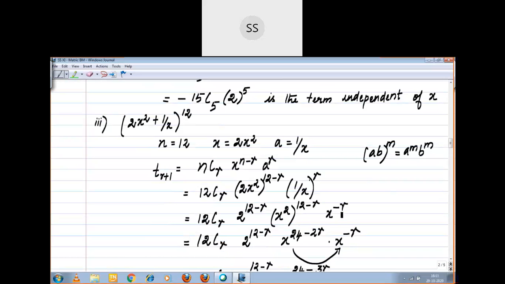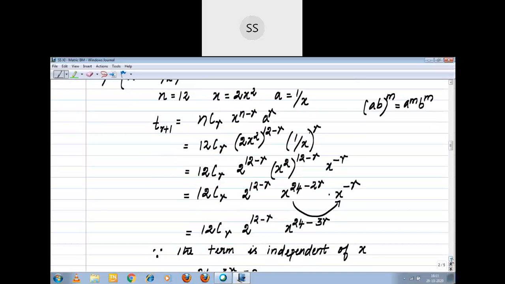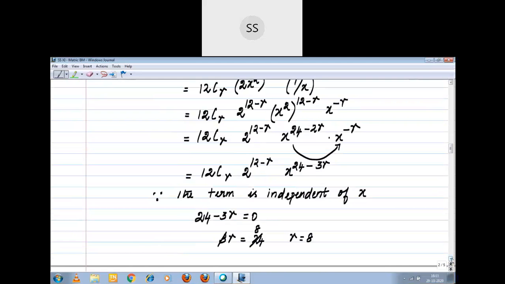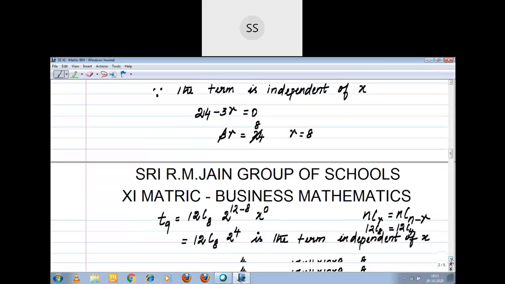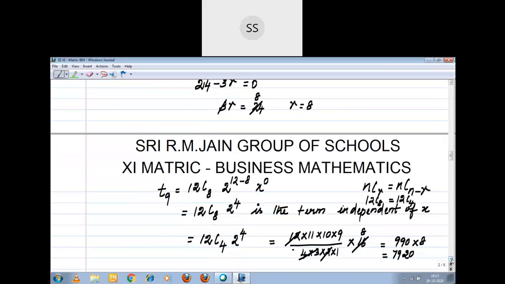I shift the x to the numerator, so the power becomes negative. Then again law of exponent I applied here, 24 minus 3r. Then I equate the power of x with 0 since the term is independent of x. Then r equal to 8, t9 equal to 12C8 into 2 to the power 12 minus 8 x power 0 is the term independent of x. 12C8 is nothing but 12C4. So we evaluate the value as